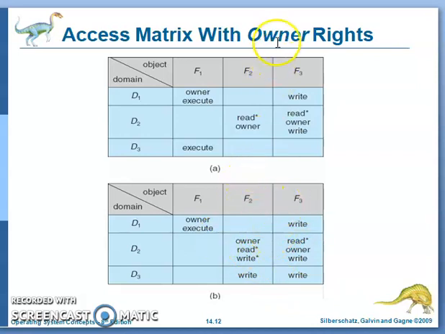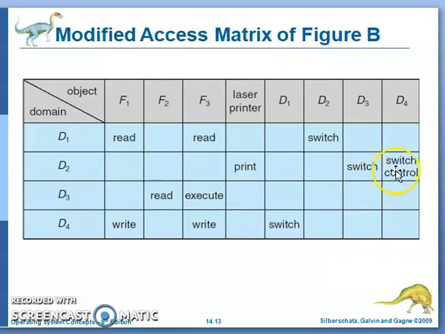This is about the owner. Owner can perform any access right. The owner can add any access right along the column, or the owner can remove any access right along the column. The copy or owner perform along the column only. Don't go for the row. For the row you see the control. Control is one access right. This performs along the row. That means a process executing in domain D2 can switch to domain D3 or can switch to domain D4. In addition to that switch operation, control access right is there.